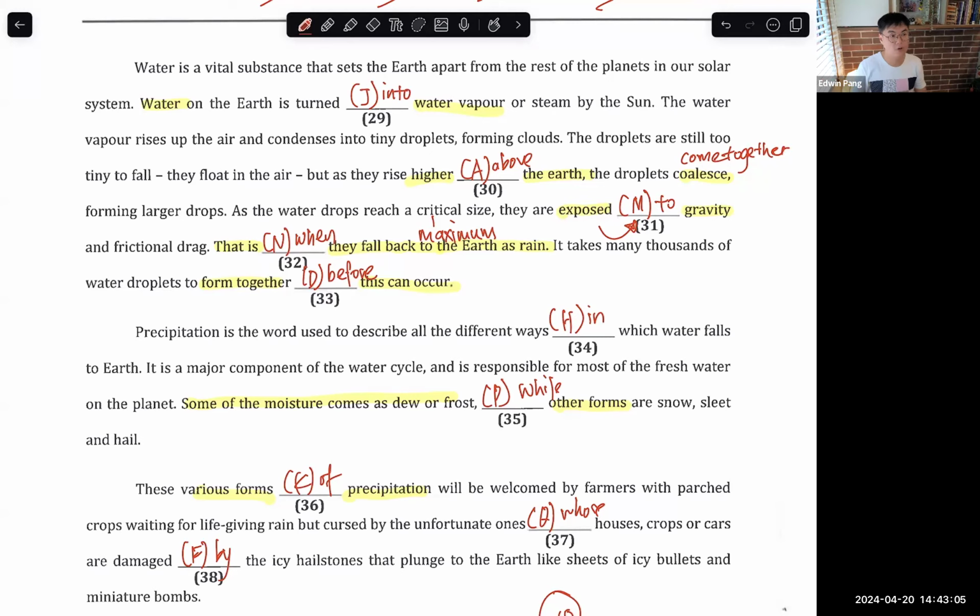But when sleet falls, sleet is soft and slushy. It's kind of like your slushy in 7-Eleven, you imagine a slushy, yeah? So when the sleet falls onto the ground, it doesn't gather in layers. It forms a puddle or a pool. And then that puddle or pool freezes over and it becomes very smooth. So imagine if that happens on a highway, on a road. When the car drives past, it will not be able to have friction against the ground because the ice or the sleet is now forming a very thin